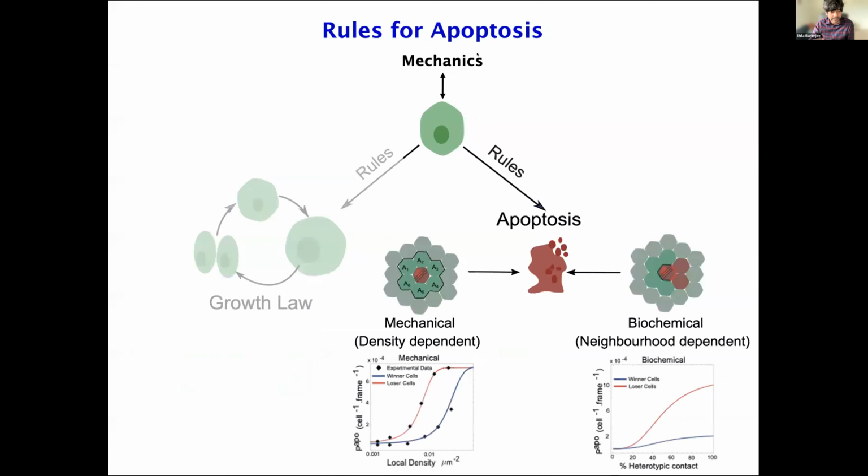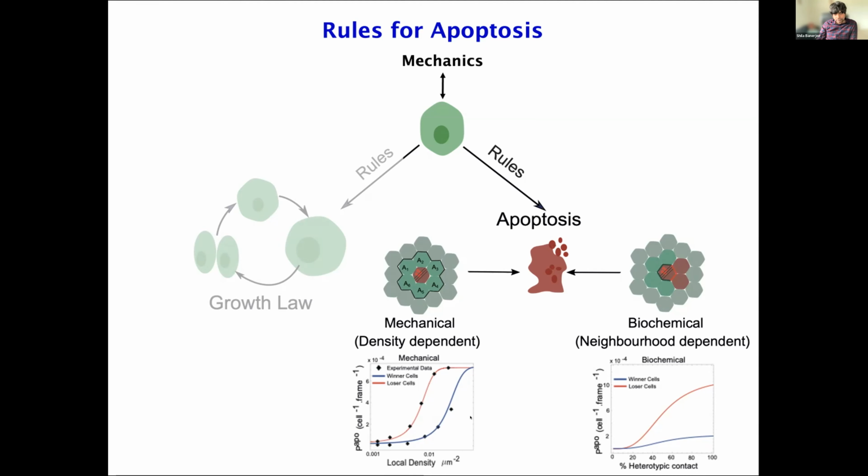And then we couple it with the rule for apoptosis. As I said, there are two different types of apoptosis that can happen in this computation. One is mechanical, where the probability of apoptosis depends on the local density of each cell. So each cell has a local density. For example, in the computational assays we are working with, the mutant in red, which we call the loser cells because they grow more slowly, so this is just terminology, winner, loser, right? Loser is what we call cells that grow more slowly, less fit, okay? The red cells are more sensitive to crowding, so more sensitive to increase in density. So they have a probability of apoptosis that is different from the winner cells, which have a much higher threshold